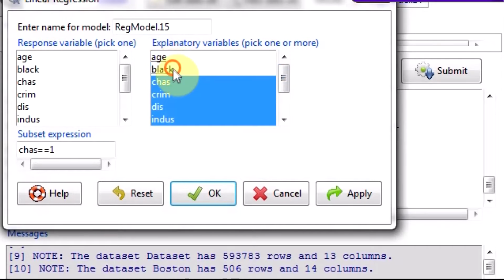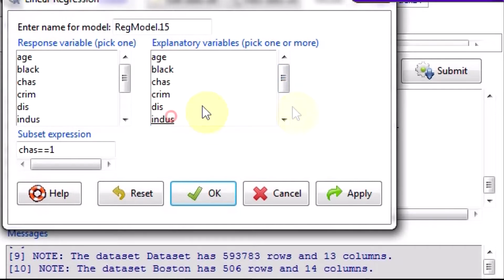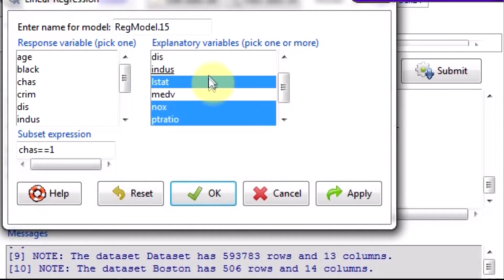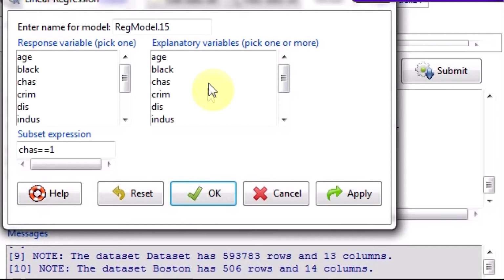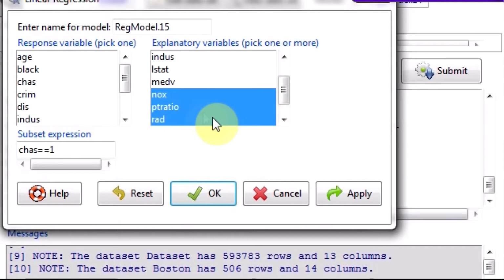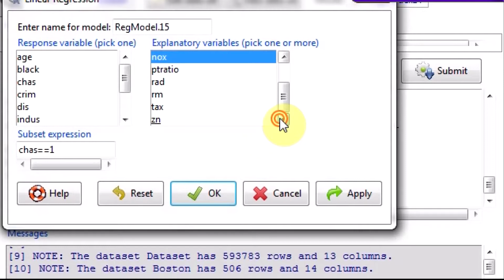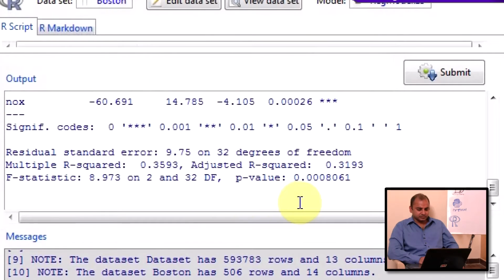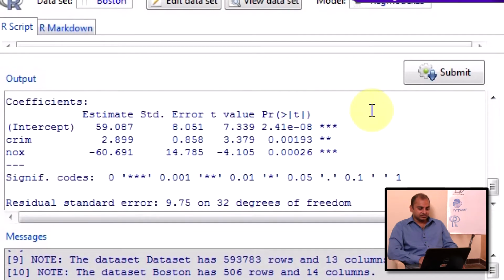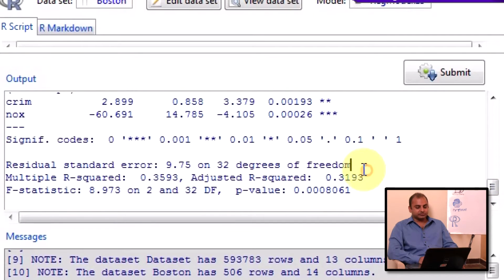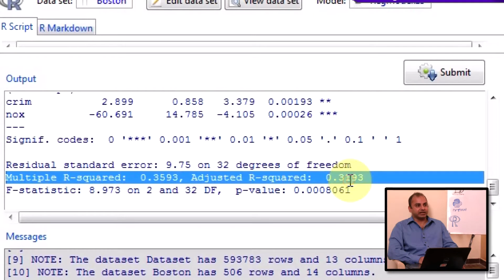So let's do this. You have to be careful about one thing, which is overfitting. What is overfitting? Now, if you do it with only 2 variables, this seems to be okay, at least with pollution. But what is bad is that only 31% of the variance in prices is explained. So this is clearly not satisfactory.